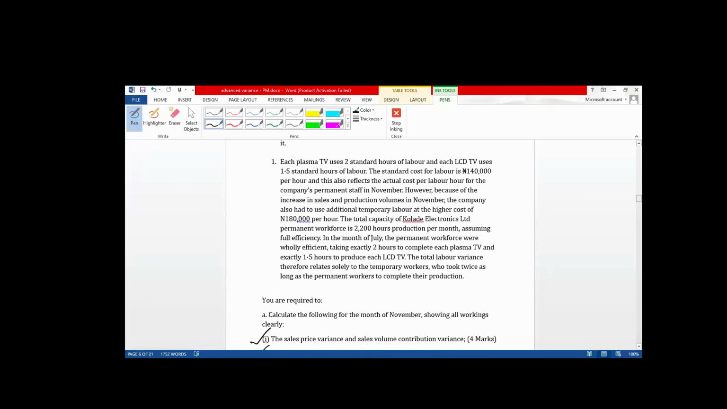However, because of the increase in sales and production volume in November, the company had to use additional